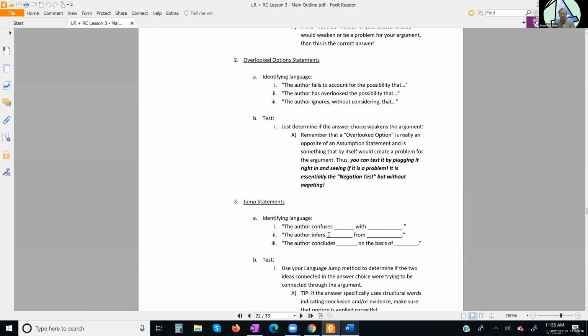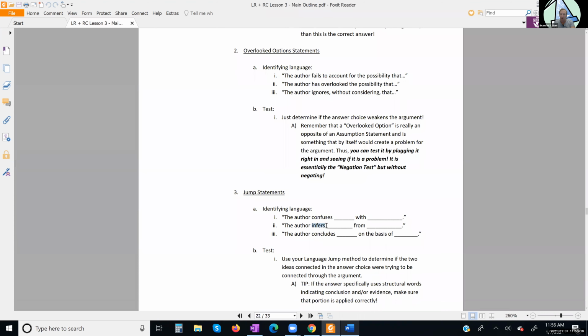So you have to be careful when you do have that structure, because infers means this first blank has to be the conclusion and the from has to be the evidence. So if they said they inferred somebody did an illegal action from evidence about their moral position, that would be wrong. That is flipped. They used evidence of illegal actions to conclude about morality. So you have to make sure that you have that right. They try to trap you with that all the time. They try to trap you with these mixes here.